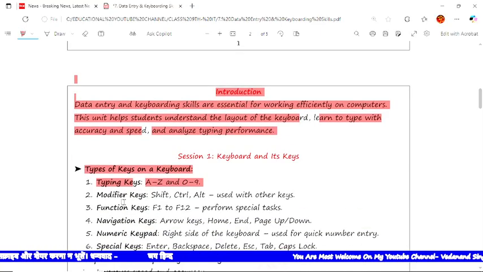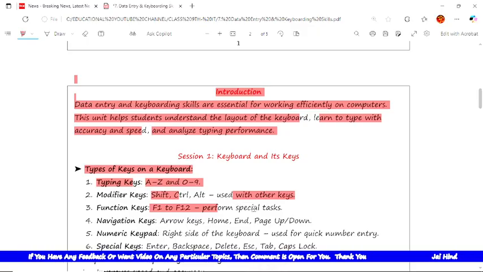And modifier keys: shift, control, alt. These are used with other keys, meaning simply it is not used alone, you can use it with other keys. And the function keys, F1 to F12, perform special tasks. Each one has a special task, like F1, F2, F3, F4; all these have different tasks.